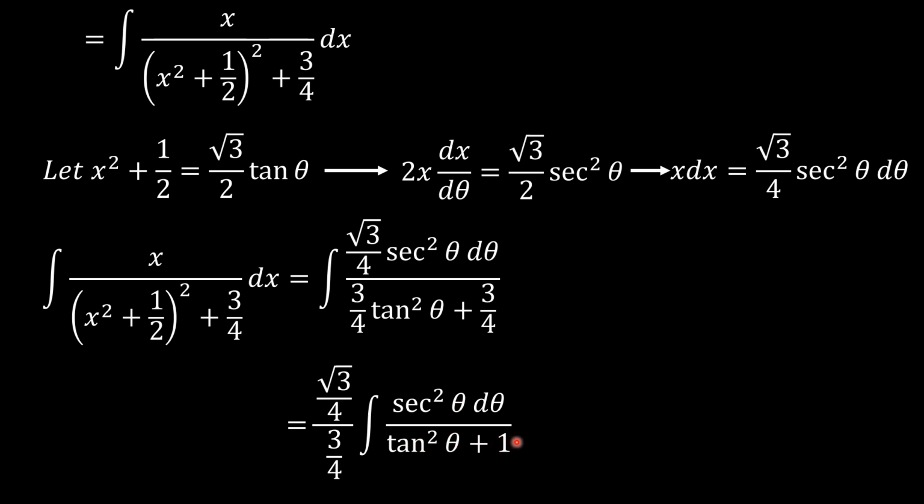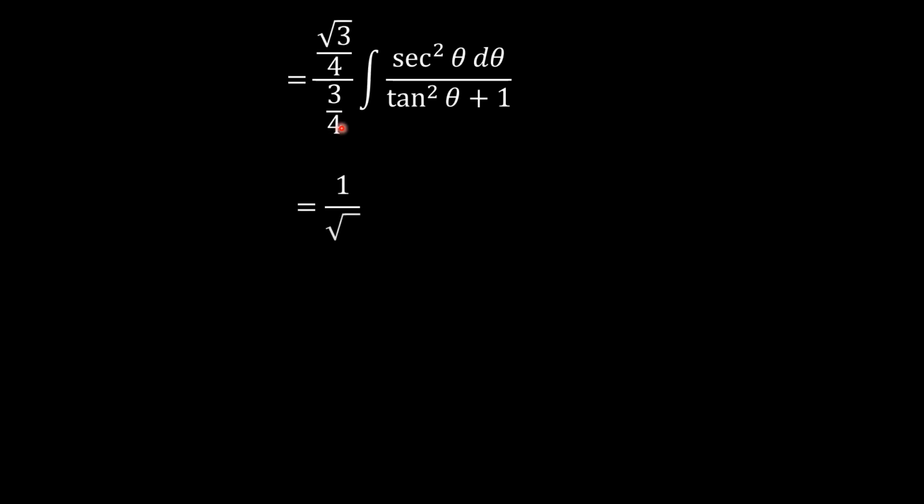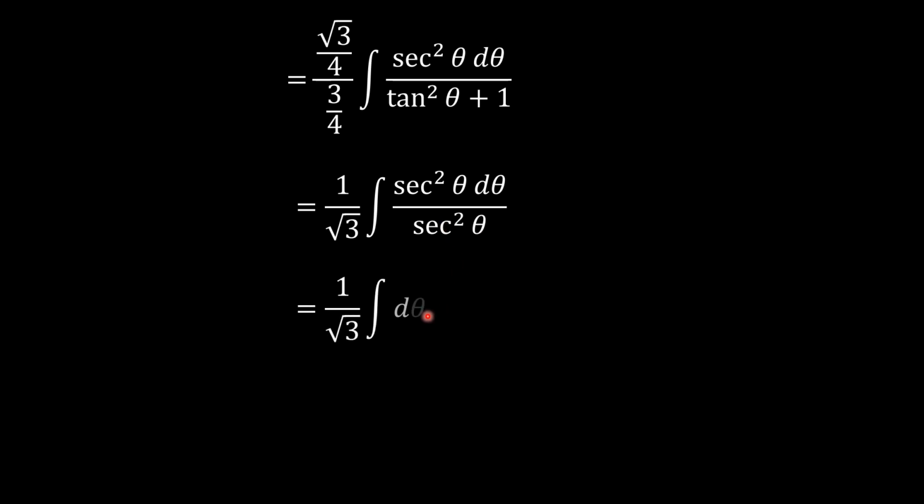Now tan squared theta plus 1 is the same as sec squared theta, and that means that we can now simplify things. The quarters obviously in numerator and denominator cancel, and we have root 3 over 3, which is the same as 1 over root 3, and the sec squared theta in the numerator and denominator cancel out, so you have the integral of 1. So we have 1 over root 3 theta plus integration